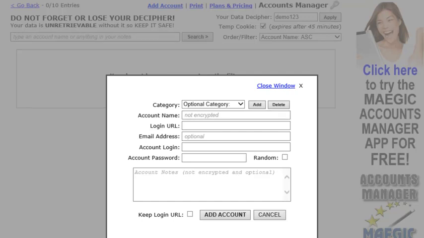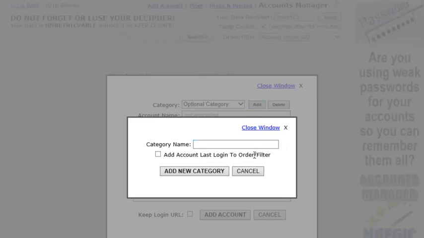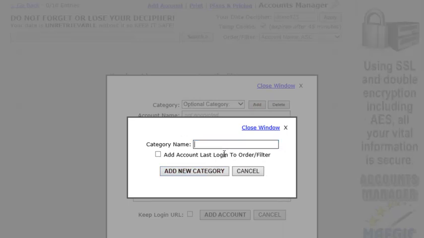So when adding accounts, the first option you'll see is this category here. This is for people who have many accounts, and it's a way for them to filter out accounts that they don't want to see. Let me show you how that works. I'm going to click add here, and you'll see it gives me another window to add a category. Now, let's say I want to keep track of all my social accounts, so I'm simply going to call this